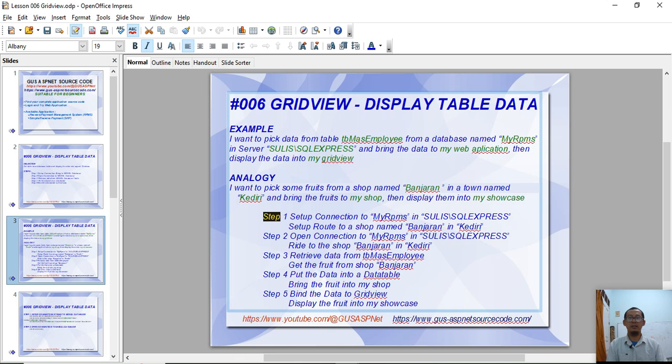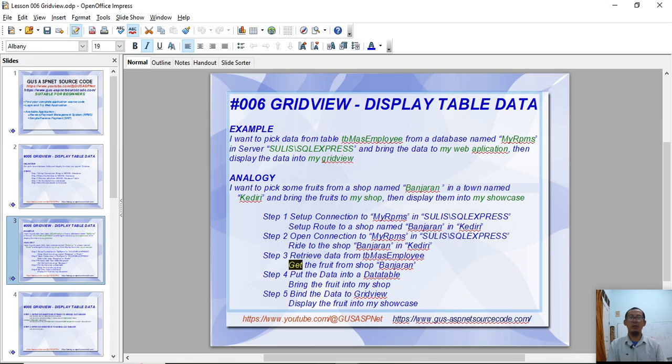Step 1, set up connection string. Set up the connection to my RPMS in SQL Express. Set up the route to a shop named Banjaran in Kediri. Open connection. Go to the shop. Retrieve data.